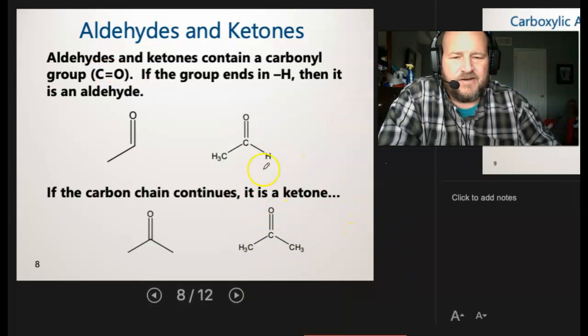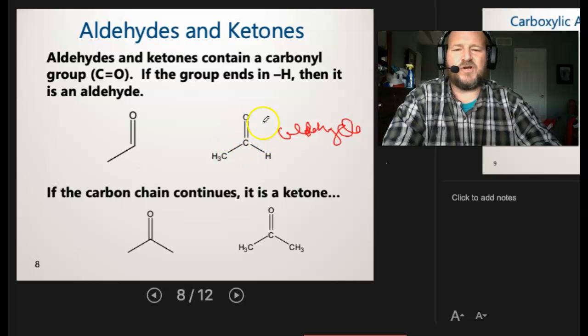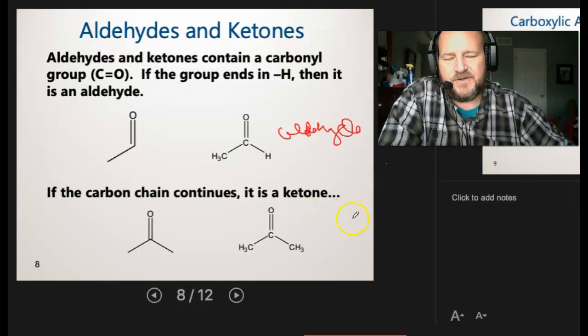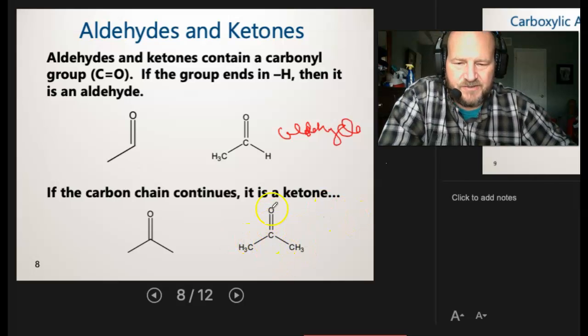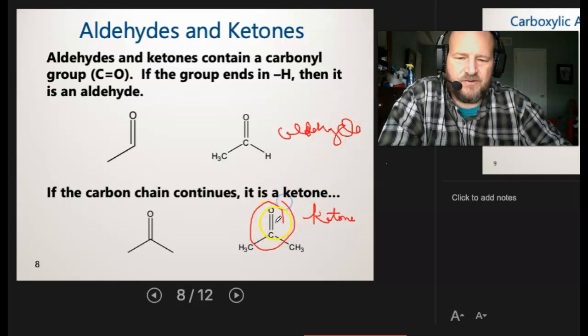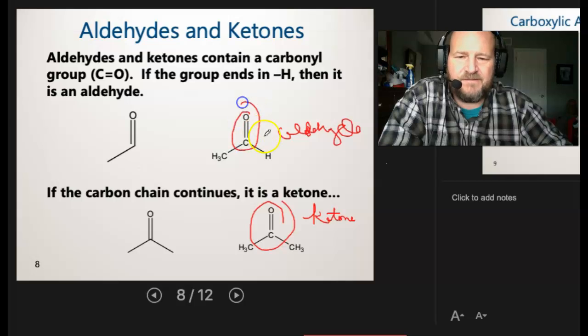Now, quite honestly, like I said, I'm not going to be a stickler for the circling on the test. A lot of times on the test, it's going to be like this, and you're simply going to tell me what it is. So you're just going to say aldehyde. Okay. You're not going to have to worry about circling it or anything like that, especially on a computer test. So with tests on the computer, you pretty much have to look at the structure. You'll see the carbonyl, look at what's connected, and then you're going to literally type in it's a ketone. Okay. If it's a paper test, then I might ask you to circle. As long as you're circling that carbonyl itself and then telling me what functional group it is, that's going to be fine as well.